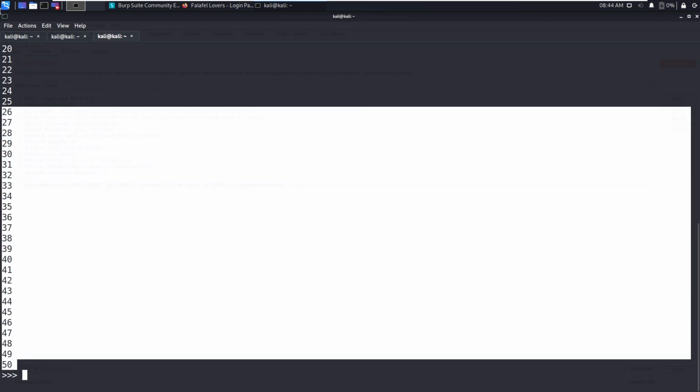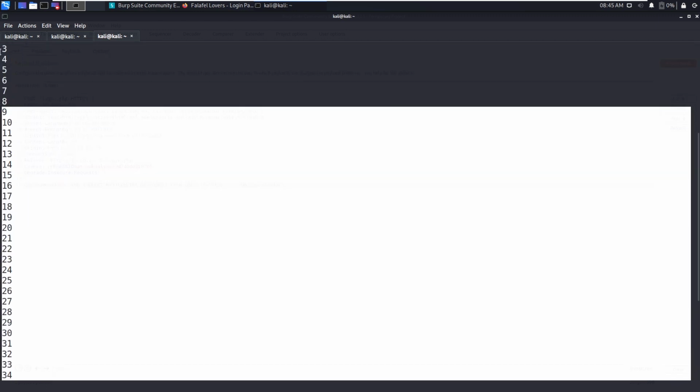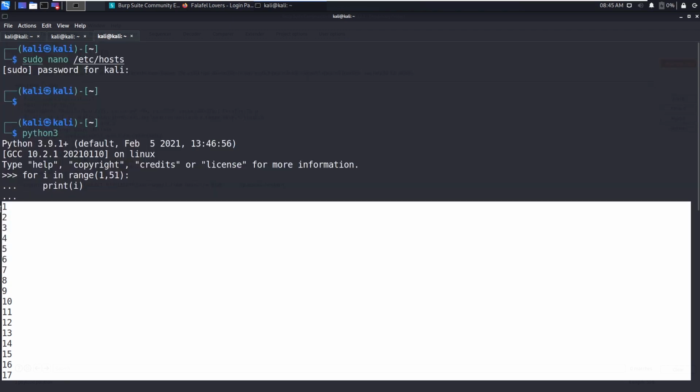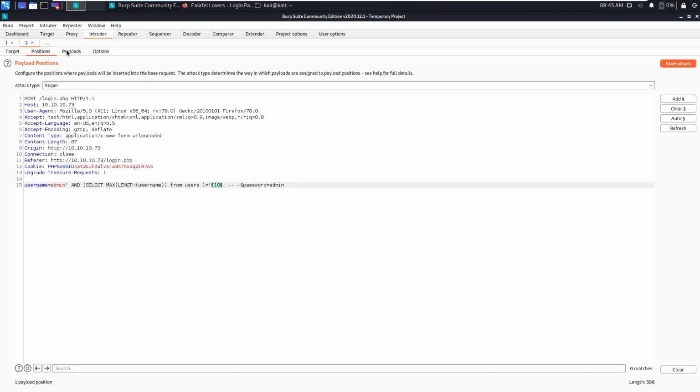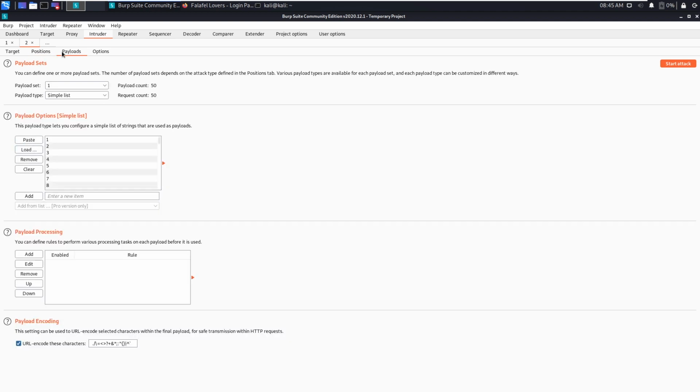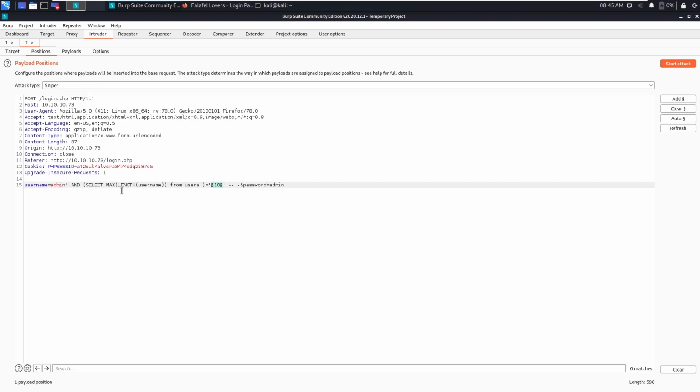Let's copy all these numbers, go to payloads and paste here. Okay, we are good to go. Maximum of length of username is equal to the number we are brute forcing. So let's start the attack.